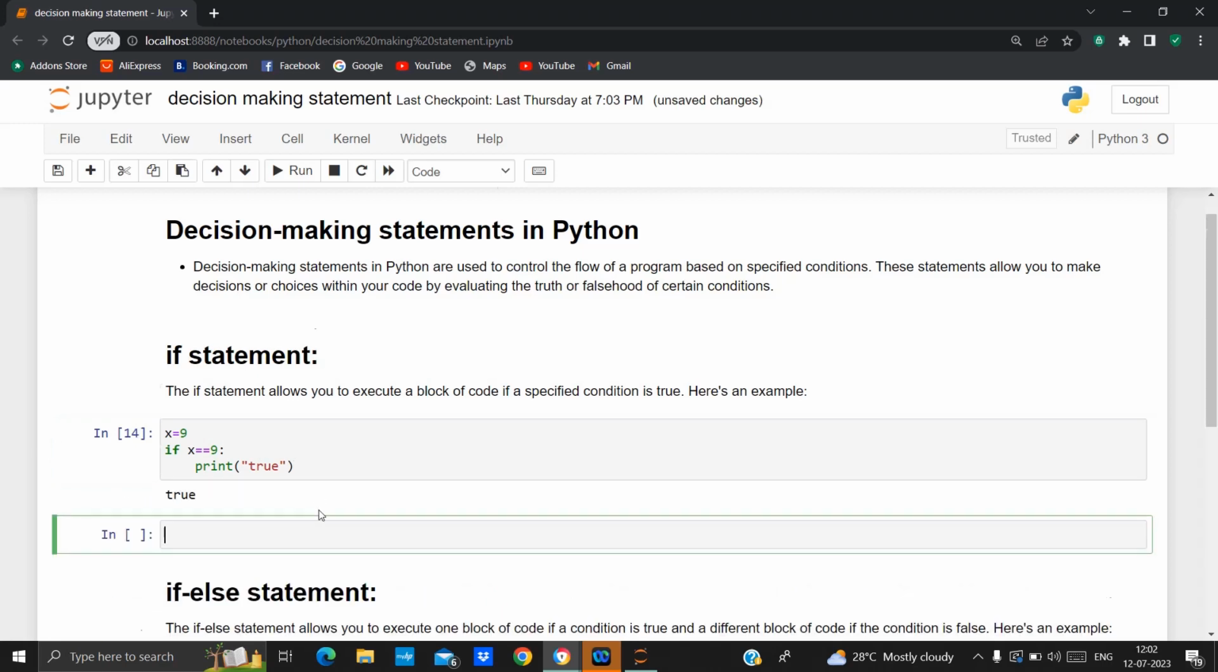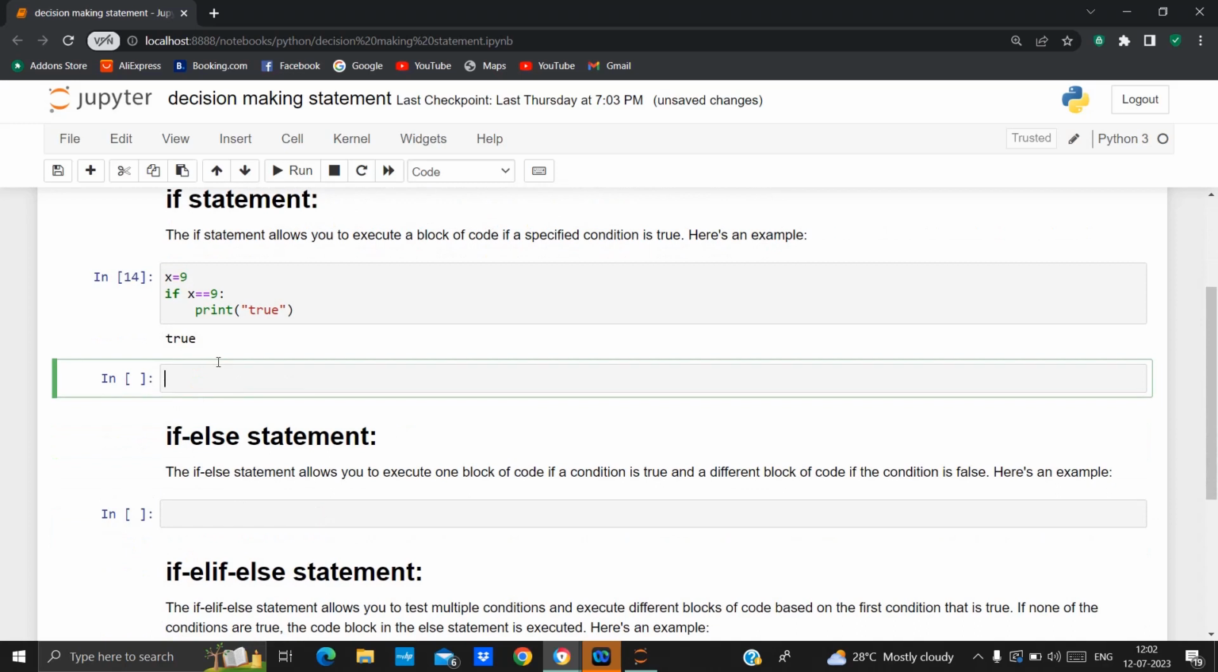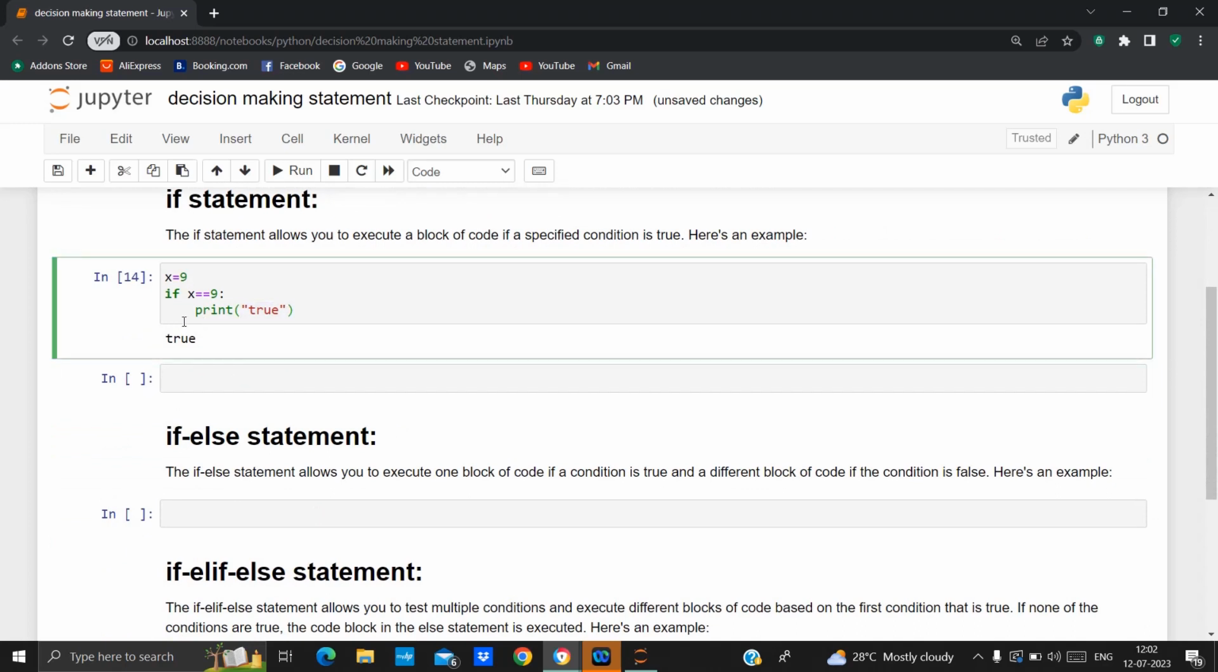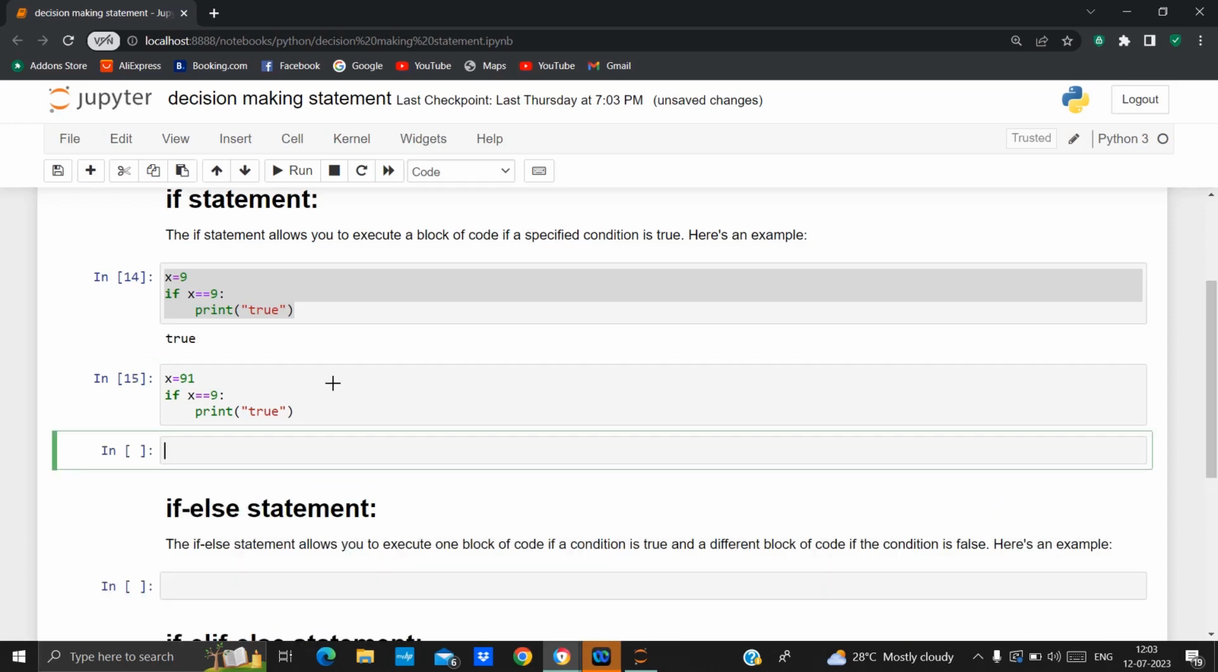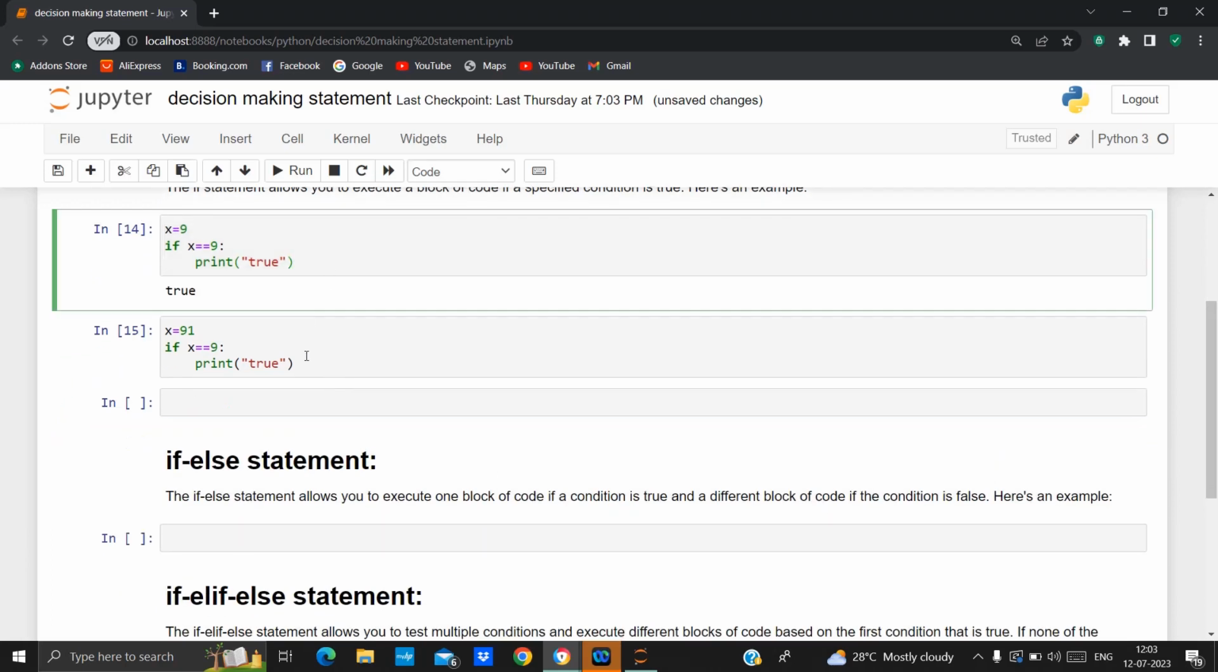code, and you can see the output, which is True. That's why it executed this block of code, which is True. If I take this whole example but make a change in my value, let us see the output. As you can see, we didn't get